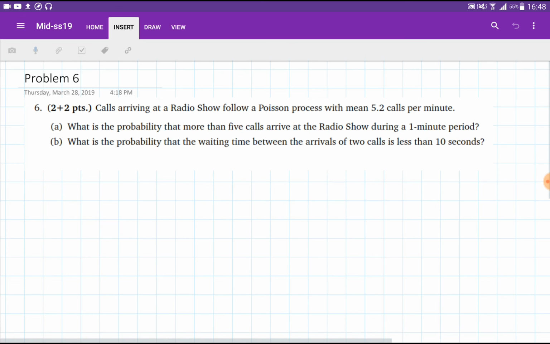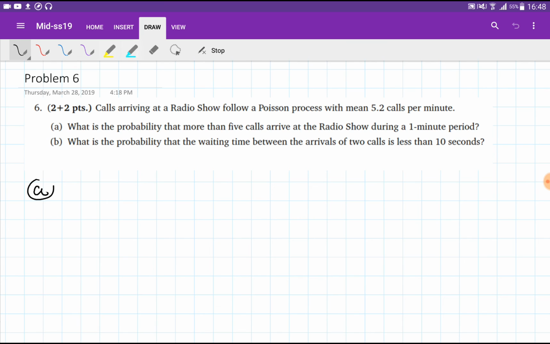Problem number 6 is about the exponential distribution and the Poisson distribution. Part A is about the Poisson distribution. Calls arriving to the radio follow a Poisson distribution with a mean of 5.2 calls per minute. We need to evaluate the probability that more than 5 calls will arrive in 1